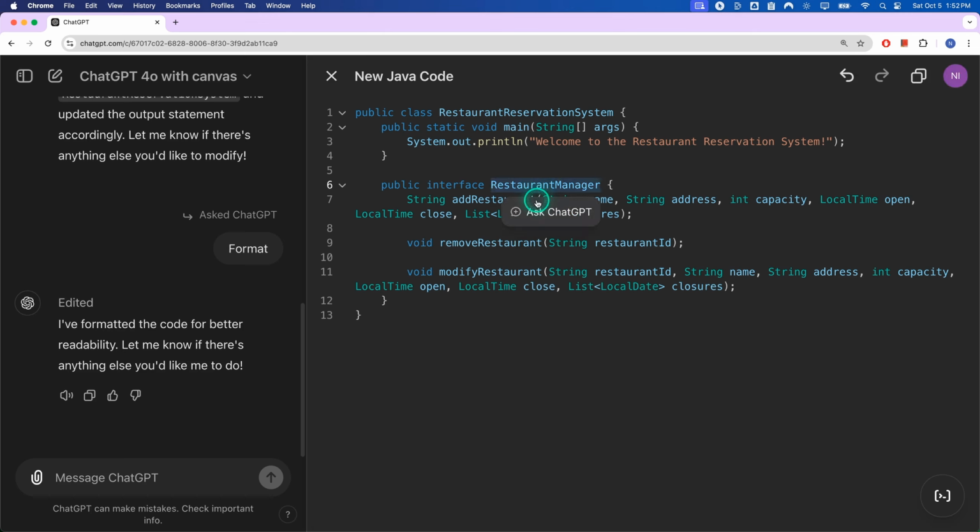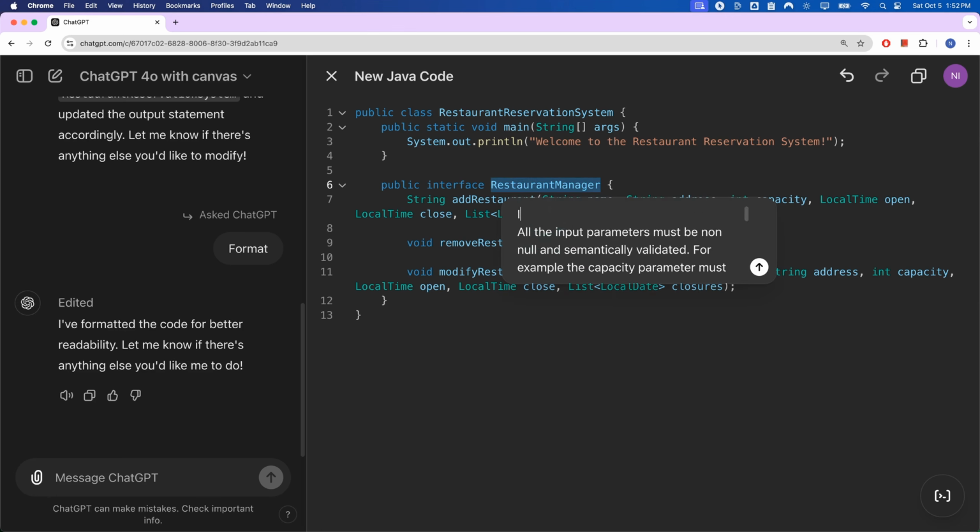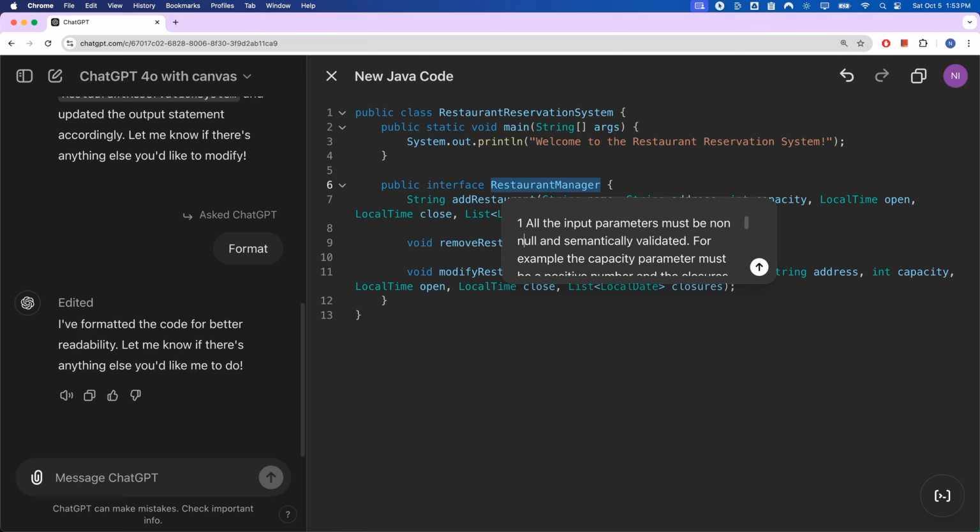All right, so let's select it. And then I have here the constraints. So let's ask it to implement this interface following these constraints. Okay, constraint number 1: all the input parameters must be non-null and semantically validated. For example, the capacity parameter must be a positive number and the closures list must refer to dates in the